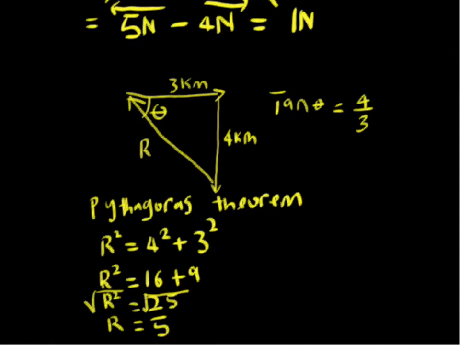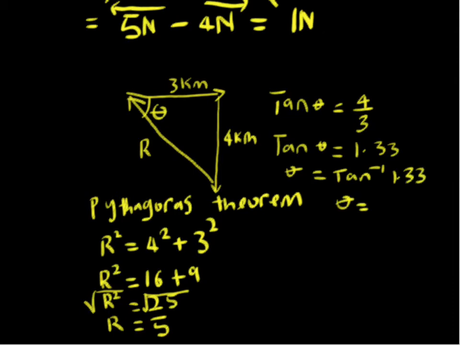This gives us tan theta equals 4 over 3, which gives us 1.33. Now theta itself will be equal to tan inverse of 1.33, and tan inverse of 1.33 is 53.13 degrees. So that is what our direction